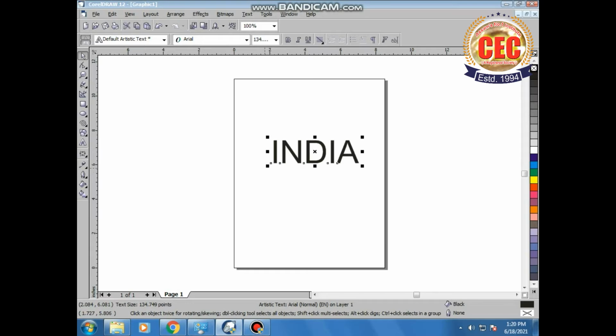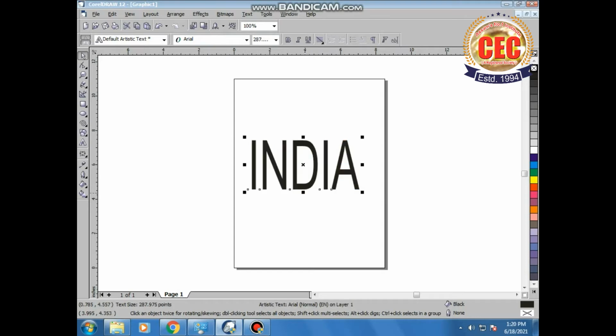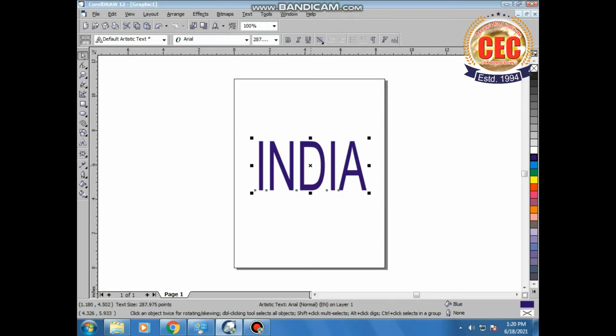This way you can increase the size, or you can also format it by using the property toolbar for the text tool. After this, you can add colors to the text. Now if I want to give a different shape to my text, then I'll have to select the interactive envelope tool. With this tool, first of all click on the text, then select the interactive envelope tool, and